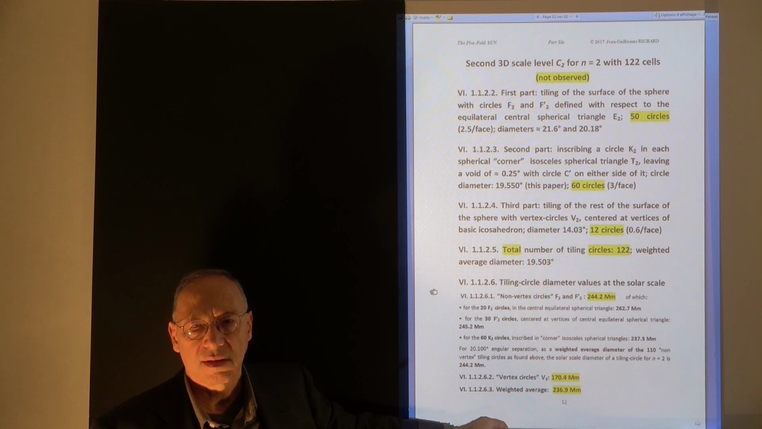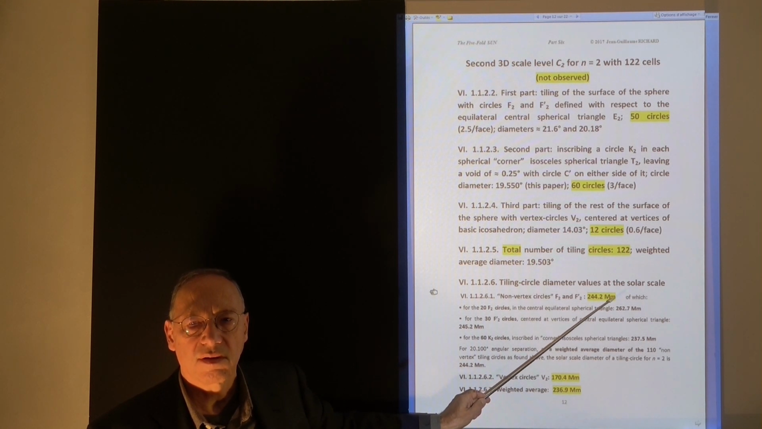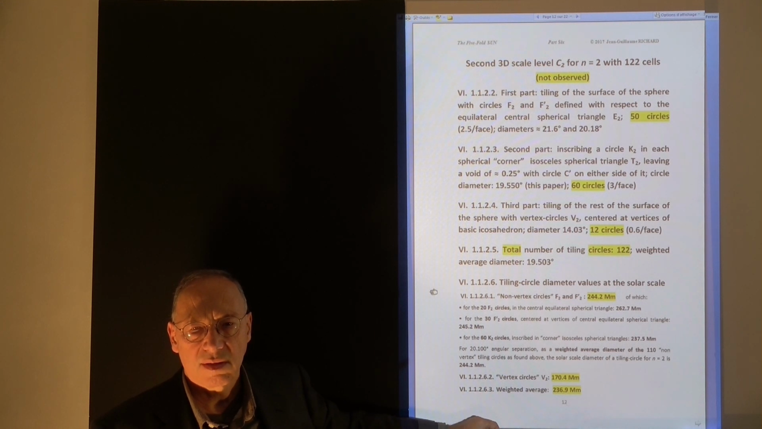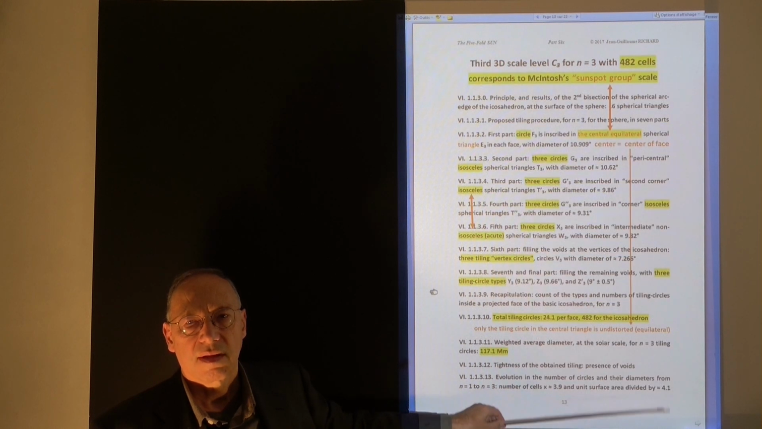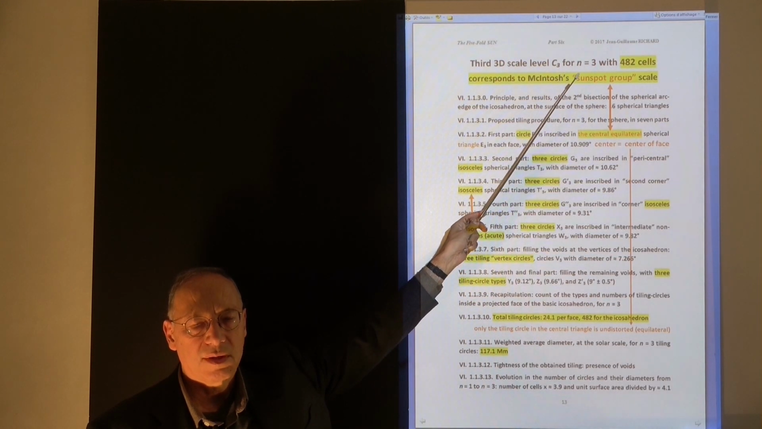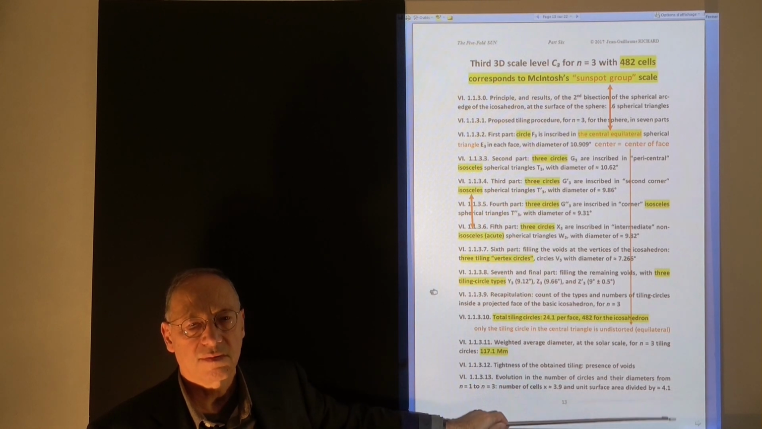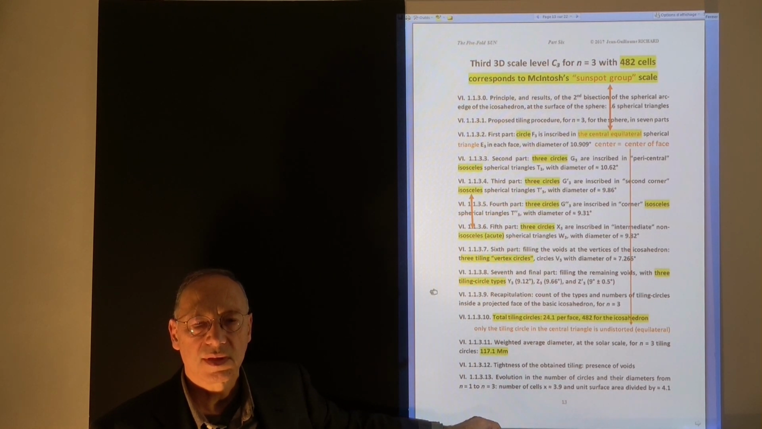Their size is, you see, for the first category, 244 megameters, the smaller ones 170 megameters, with a weighted average of 237 megameters in theory, according to this partitioning procedure. Then n equals 3 is more interesting practically, because we have 482 cells, the size of which more or less corresponds to the scale of McIntosh's so-called intermediate sunspot group cell